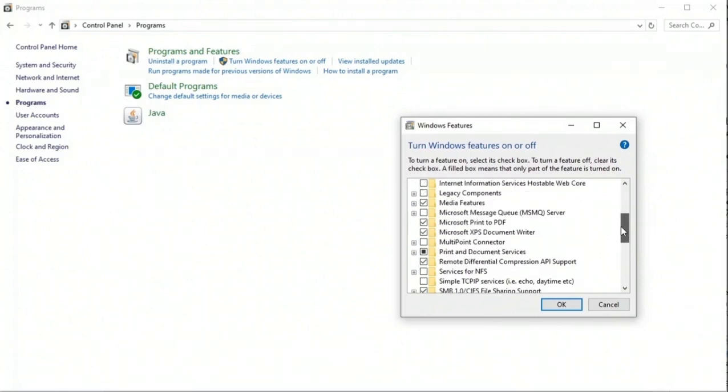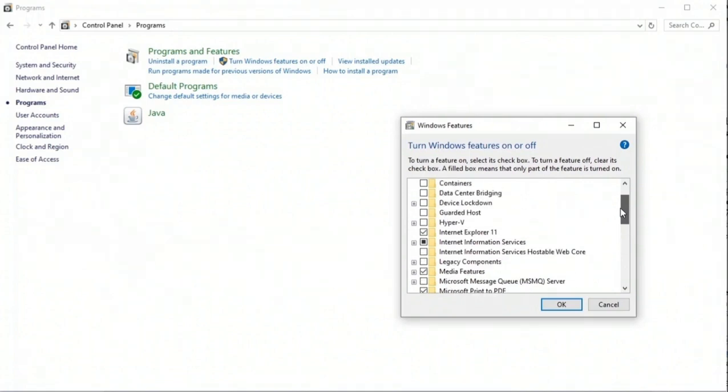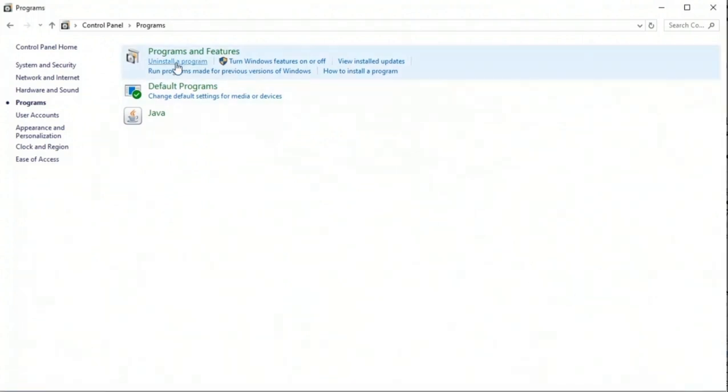And we go through all of these. Now, you may need a feature. I'm not suggesting you take off something you need. I'm suggesting you go through this list and anything unneeded gets taken out. That's the first. And you do a similar thing with uninstalling any installed programs.